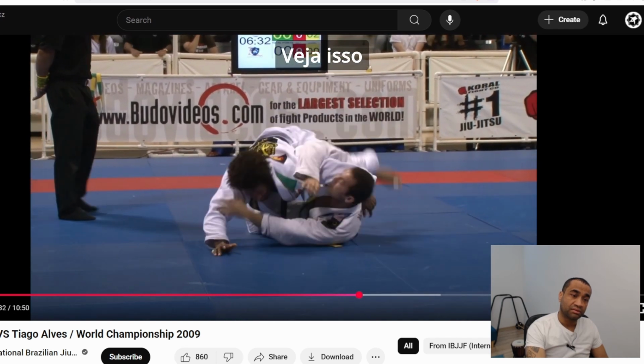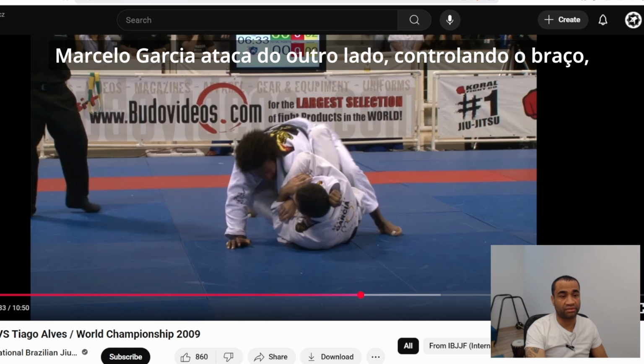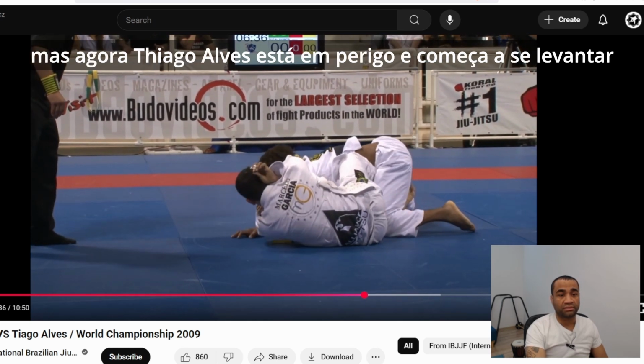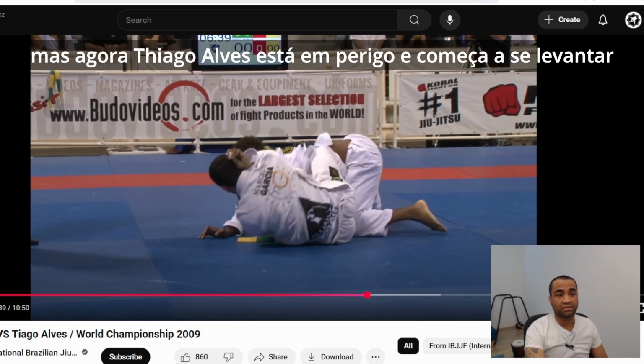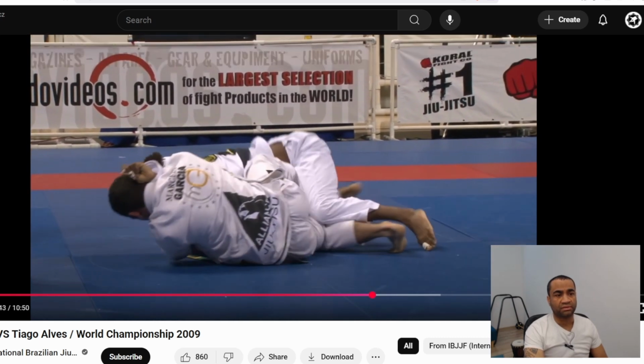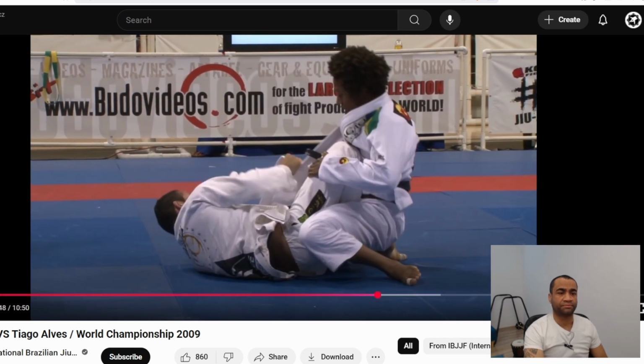Access to the hook. Marcelo Garcia attacks to the other side, controlling the arm, but now Thiago Alves is under threat and starts posturing. Okay,